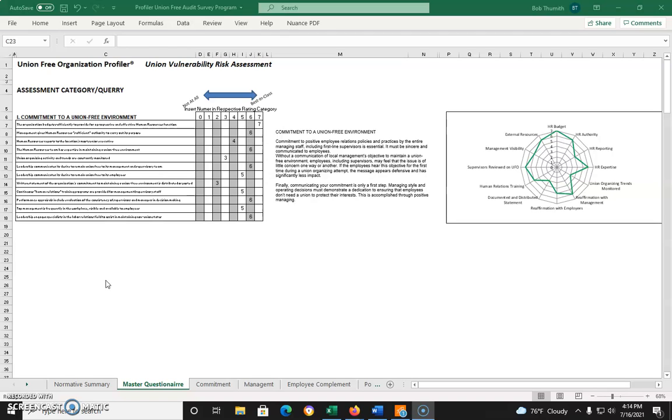So let's dig into the master questionnaire worksheet. I've pulled up here as an example the very first category out of the 12, and that is pertinent to a commitment to a union-free environment. And then here would be the 12 different queries that are asked. And in turn, you would then indicate your response within each of the